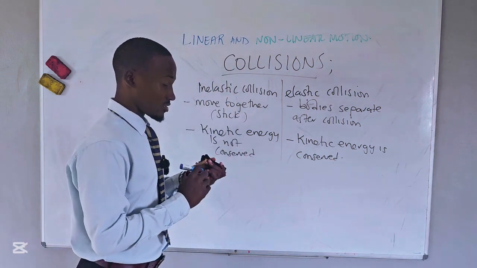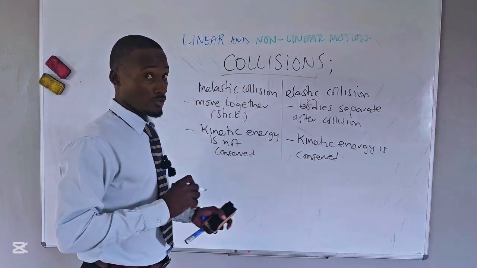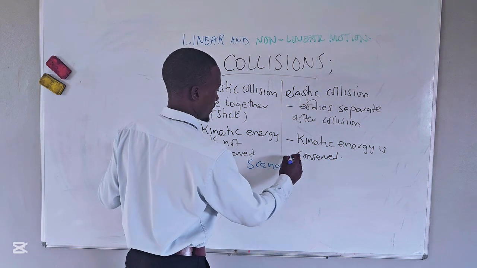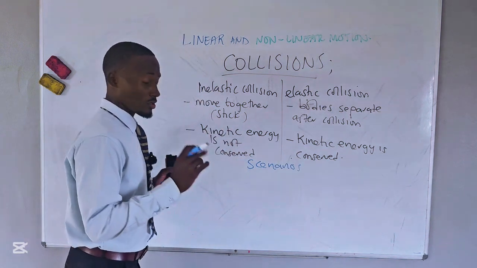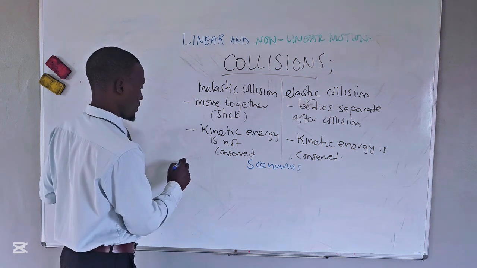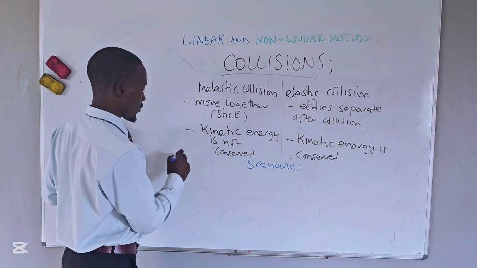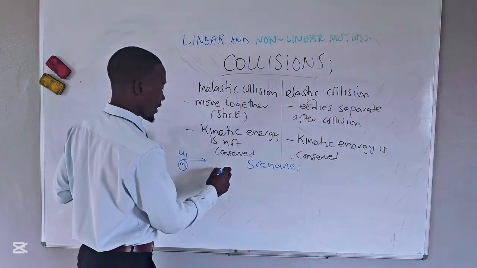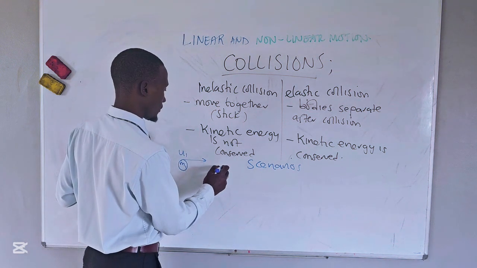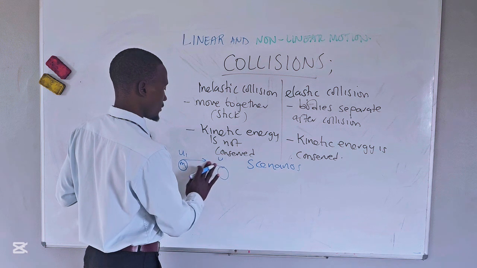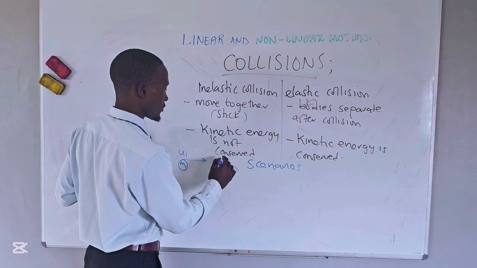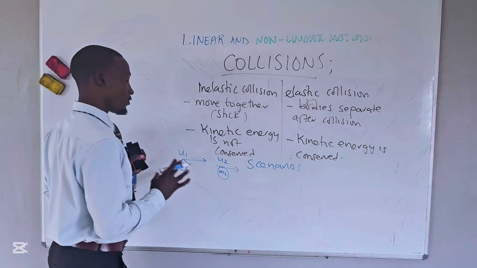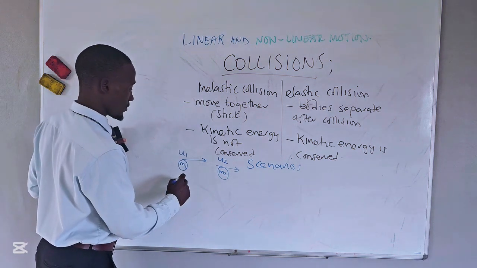Now, let's look at these two in two different scenarios. If we have two bodies, we have a body of mass m1 moving with a velocity u1 in this direction. If it collides with another body moving in the same direction with a velocity u2 and mass m2, so before they collide, that is initially,